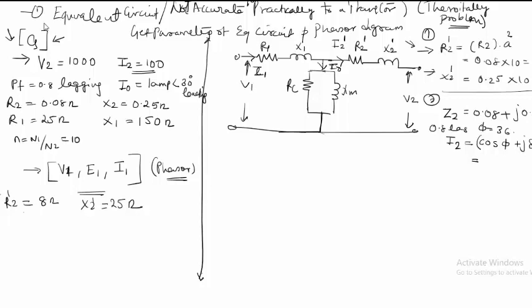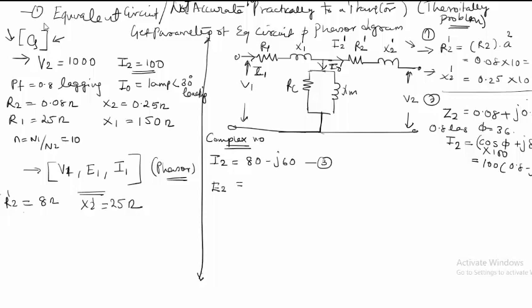resolving it in terms of complex numbers, so we will use complex numbers to solve this problem. You'll need to have some idea. Into 100, so this into 100 will give me my I2 considering the power factor. Writing my current in terms of the power factor, it is 100 into 0.8 minus J 0.6, so my I2 is equal to 80 minus J60. If I say that this is my third equation, and this was my second equation,